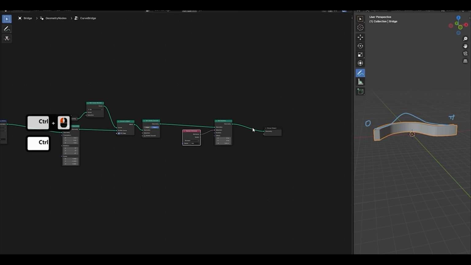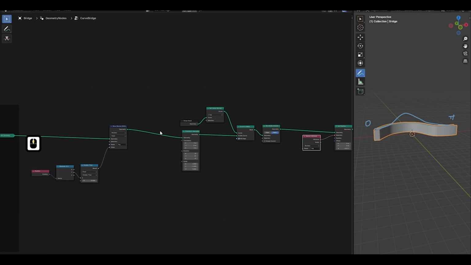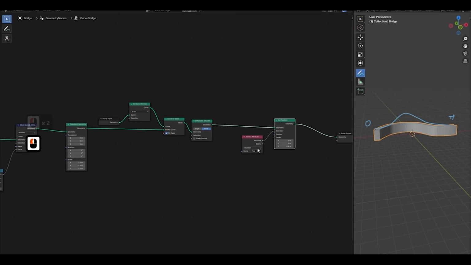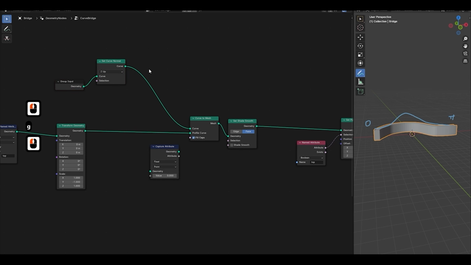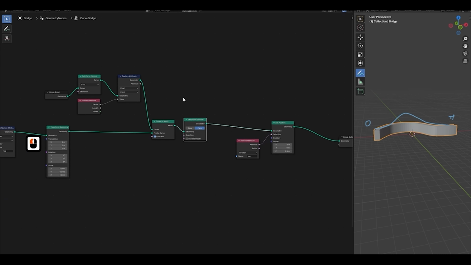To create this value between 0 and pi, we can use the parameter of our base curve to figure this out. We can't use a spline parameter here without capturing it before creating the mesh, because at this point we are not working with the curve anymore, but we are working with the mesh. To get the spline parameter, we can capture it here before converting our curve to mesh. So I'll add a Capture Attribute, and we will be capturing a factor from Spline Parameter. So if you add a Spline Parameter node and plug Factor to the value,